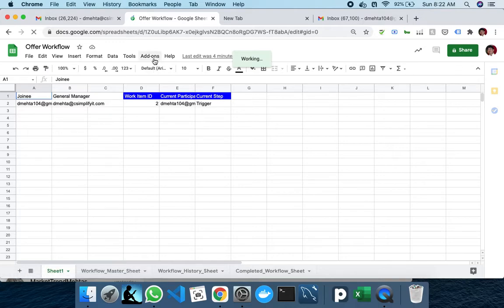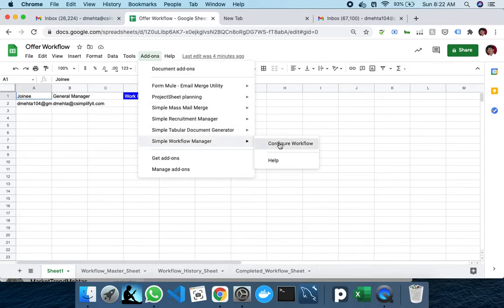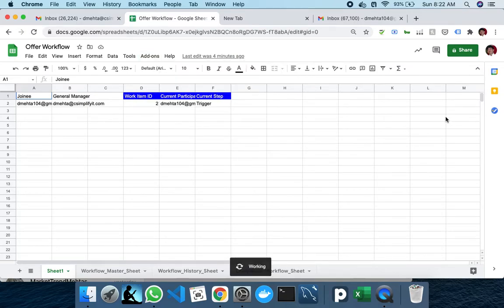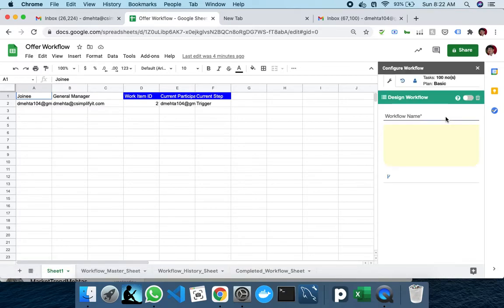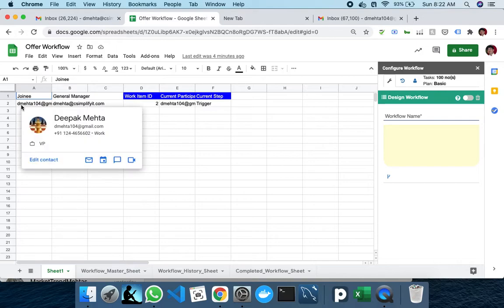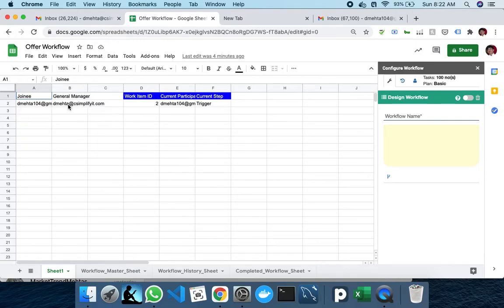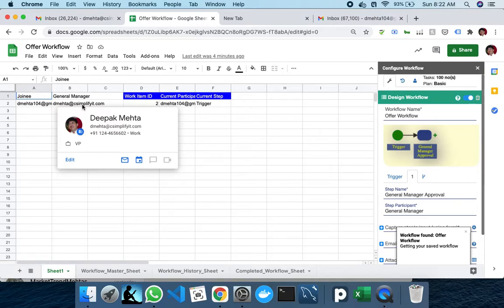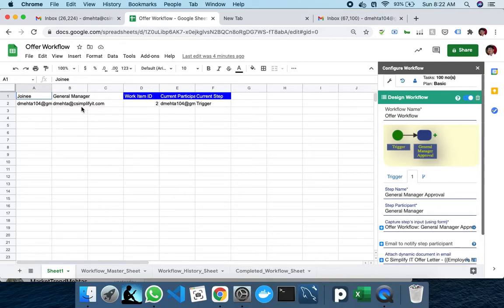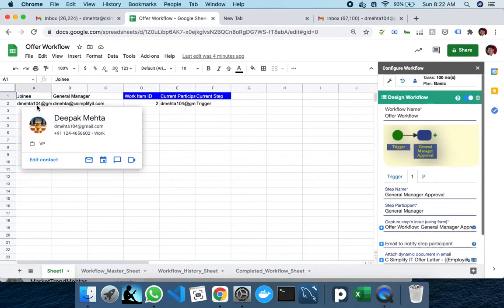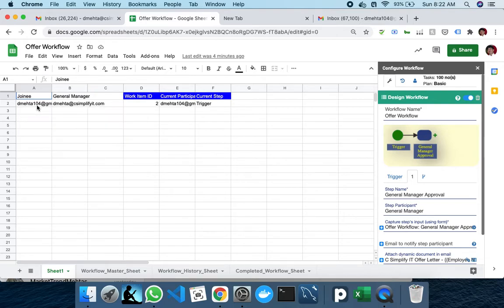We go to the add-ons, as we know, and we can open the panel. What we need to do is, instead of sending this workflow in the C Simplify IT domain where I have created it, I wish to send it to the Gmail domain, which is outside my C Simplify IT.